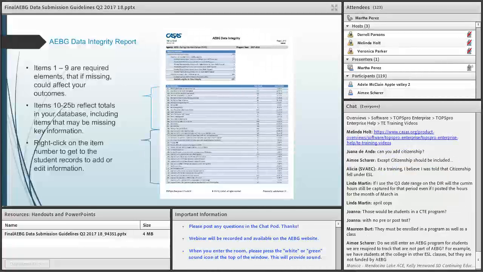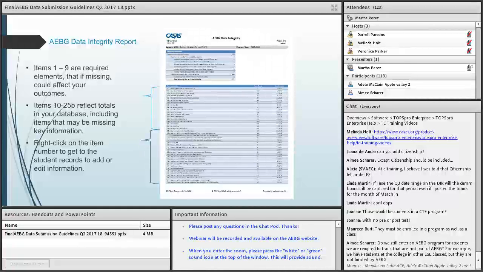These are really important items, starting from date of birth, hours of instruction, gender, race, ethnicity. All these very elemental demographic information about students could affect outcomes if they're not provided by the student. And you can see and monitor how many students you have with this report that have reported this information.